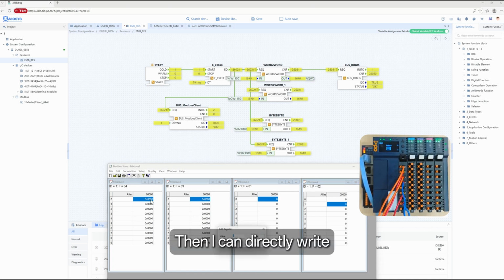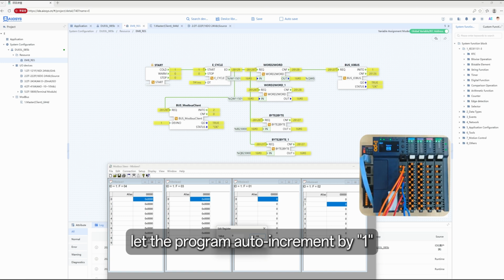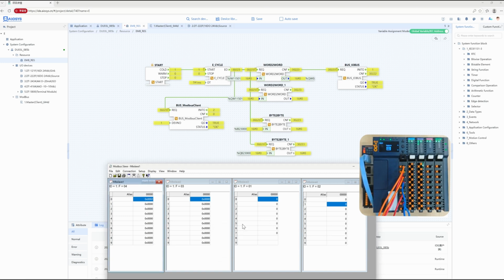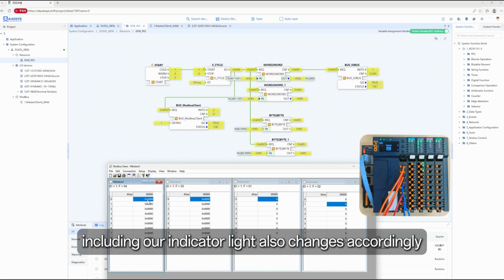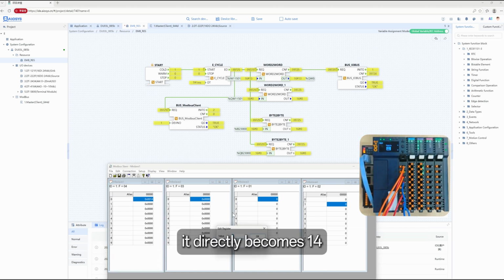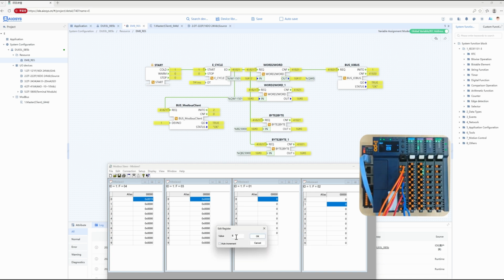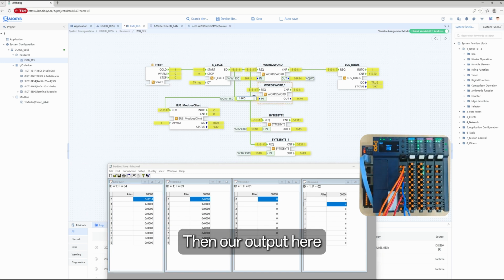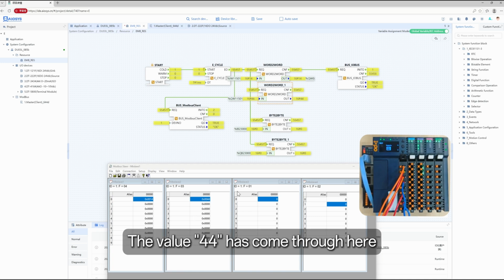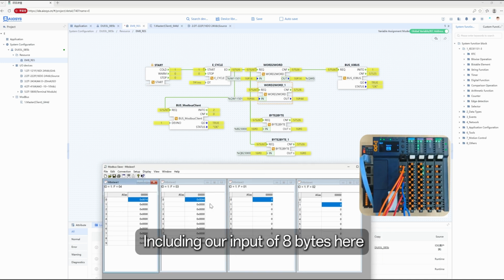Then I can directly write, assign a value here, let the program auto-increment by 1. The value here changes, including our indicator light also changes accordingly. If we turn it off, it directly becomes 14. Then our output here, input the value 44. The value 44 has come through here, including our input of 8 bytes here,